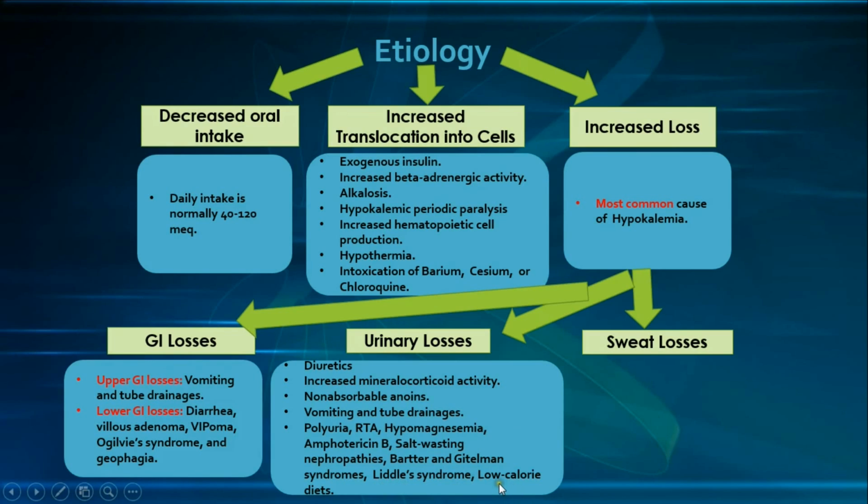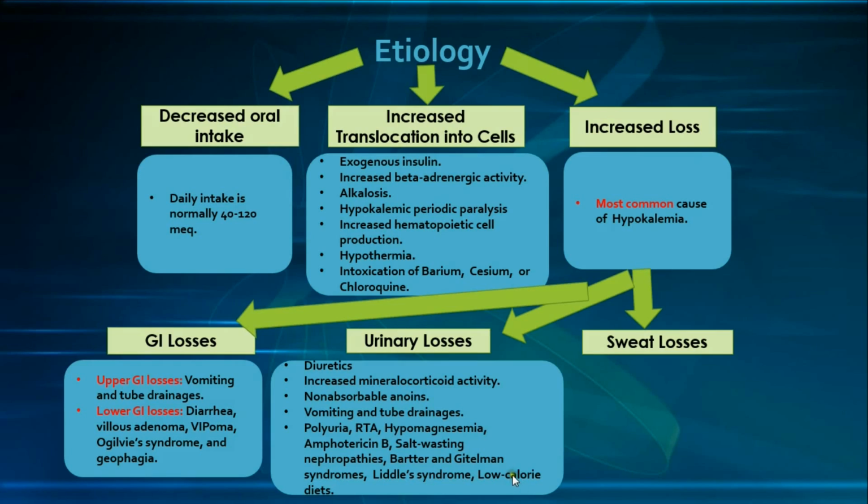And finally, we have the low-calorie diets, which are usually low-carb, high-protein diets intended to lose weight. But the mechanism of how you have an increase of the urinary potassium loss is incompletely understood. However, there is one hypothesis that states because you have a low-carb diet, you are more likely to have periods of hypoglycemia and therefore ketogenesis. And with ketogenesis, you have beta-hydroxybutyrate, which is a non-absorbable anion secreted in the urine, and once it reaches the distal nephron, it increases the potassium secretion into the lumen because of a higher electrical gradient difference,